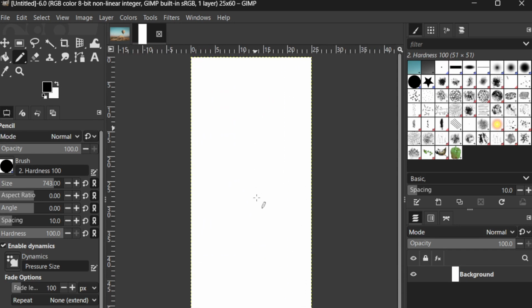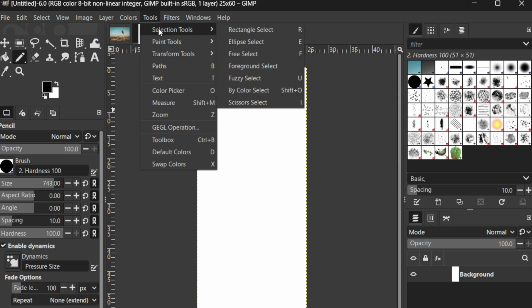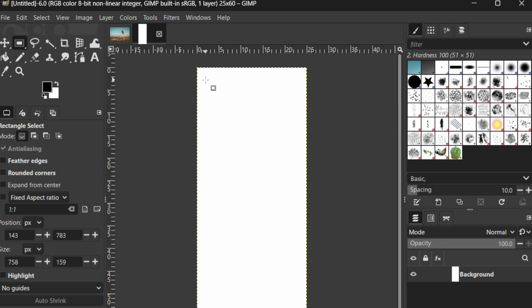Now that we have our canvas, let's focus on the safe area. This is the part that will be visible on all devices and is crucial for ensuring that your important content, like your channel name and logo, won't be cut off. We need to create a rectangle with the dimensions 1546 pixels wide by 423 pixels high, centered on the canvas. This step can be done by selecting the Rectangle Select tool from the toolbox. Once you have your rectangle, center it within the canvas. This safe area will serve as your guide throughout the design process, helping you to maintain focus on what's most